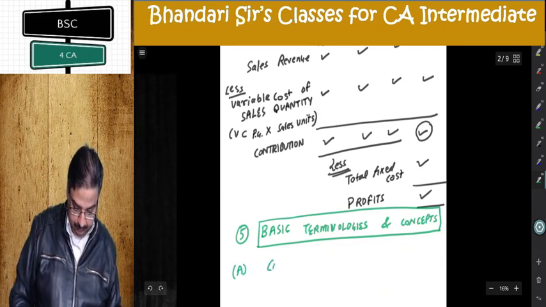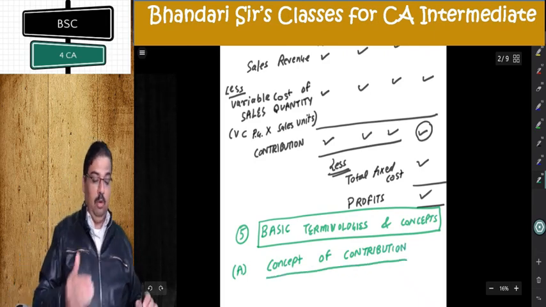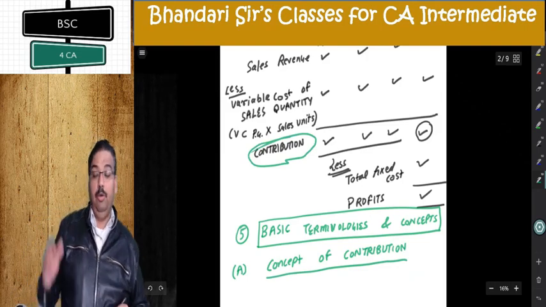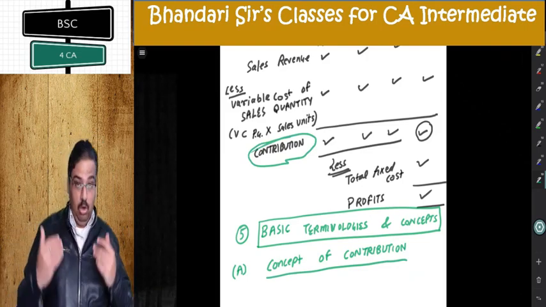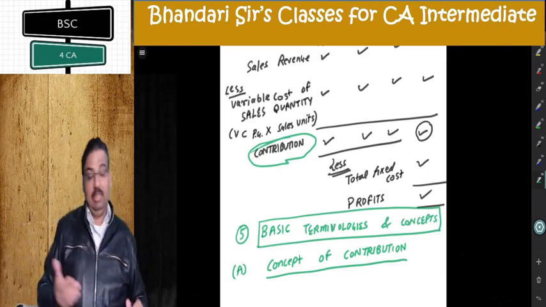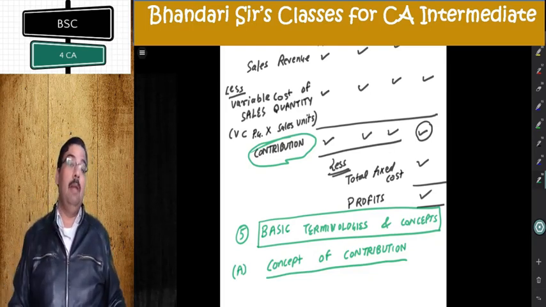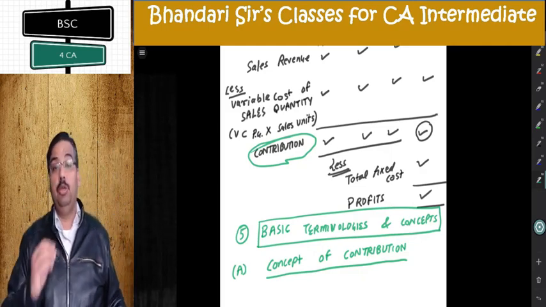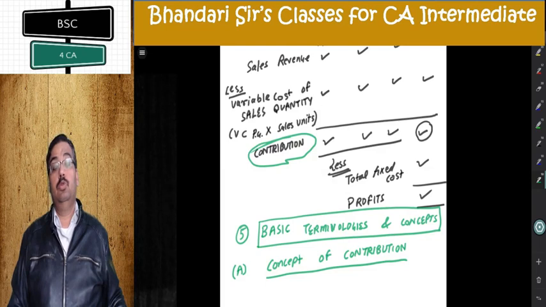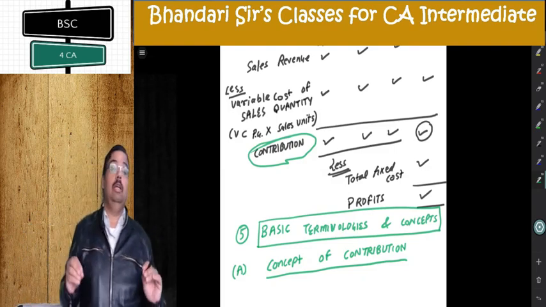A concept of contribution. The word contribution came here also. I told you in flexible budgets also. The term contribution relates to marginal costing. You will understand the meaning of that here. In the next terminologies 4, 5, 6, whatever concepts are there, I'll be telling you their meaning. I'll be telling you formulas associated with them which will be used in questions later on. So formulas and concepts, that is what today is meant for. Very, very important day for all marginal costing concepts.